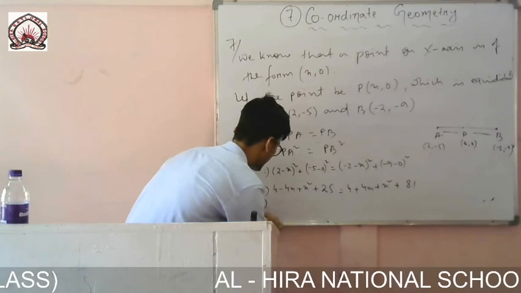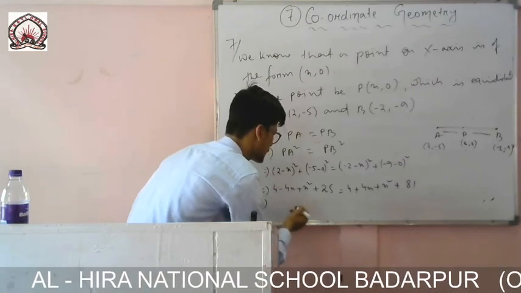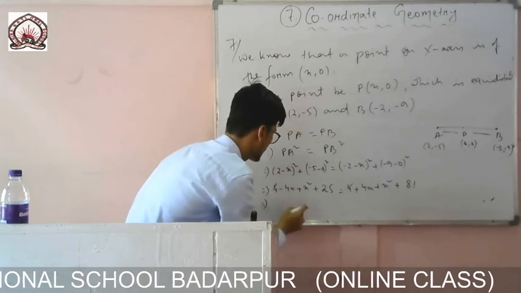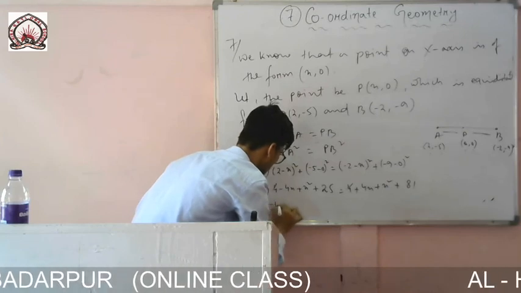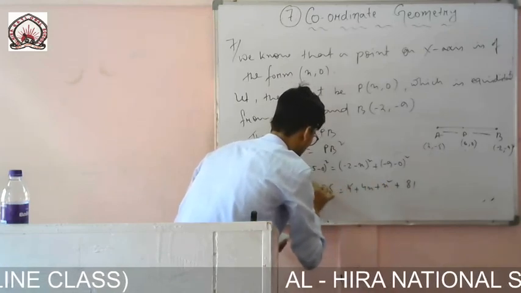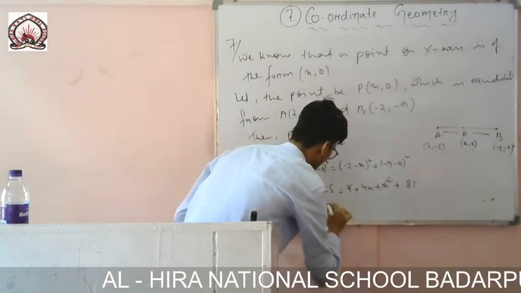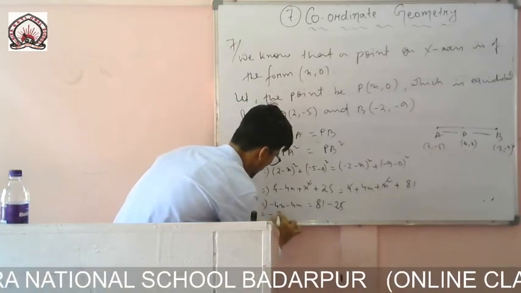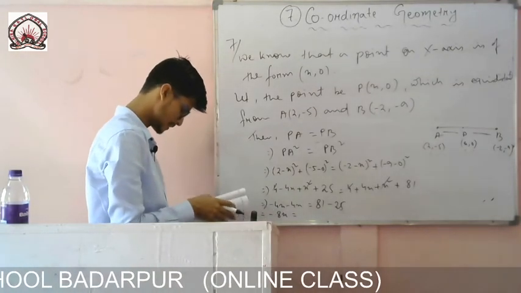So now you see here they are plus 4, they are also plus 4, I can cancel it directly. They are minus 4x, they are plus 4x, so if it comes to this side it is minus 4x again. Then there is x square on both sides, so it can be cancelled. And 81 is there, so if 25 goes to this side, it will be minus 25. So minus minus plus, it is minus 8x equals 25 minus 81 minus 25.